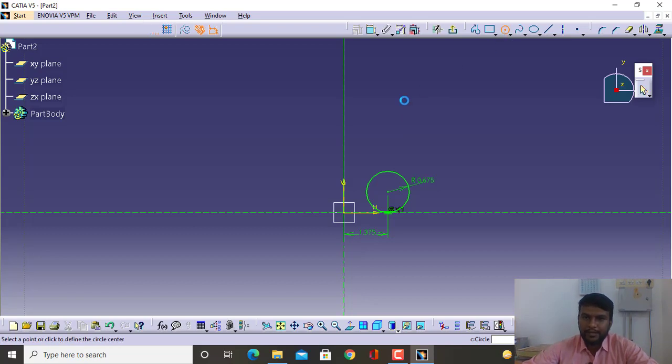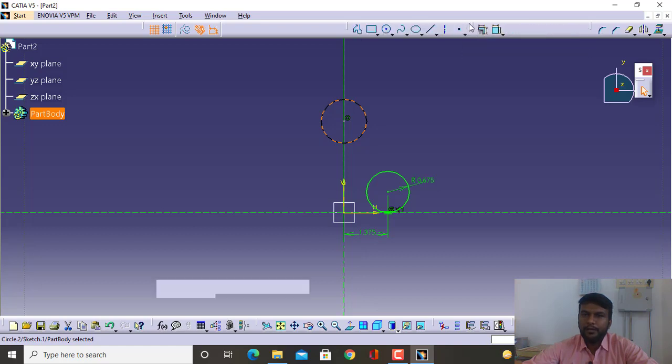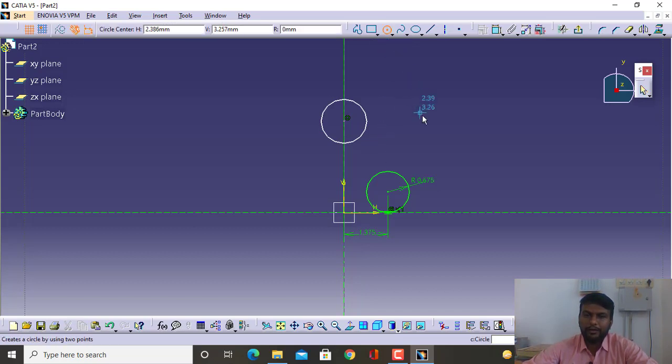For now we'll draw this given sketch. There are two circles required. One more thing we need to remember is that for certain tools, when you select the tool, it will be activated only once, or you can double click on the tool and use it continuously. You have to remember this, and to go out of the command, you can just select the tool again, or press the escape button two times. Next thing is giving the dimensions.